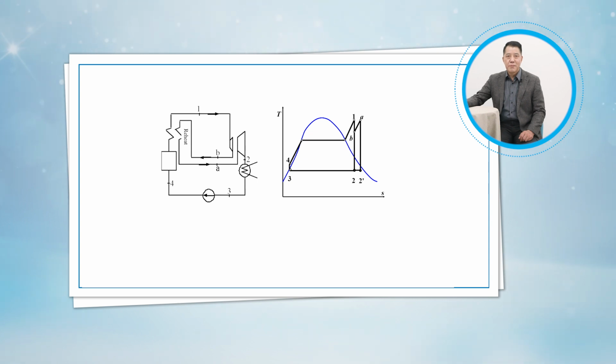Steam then expands isentropically in the second stage to the condenser pressure. Thus, the total heat input and the total turbine work output for a reheat cycle become: